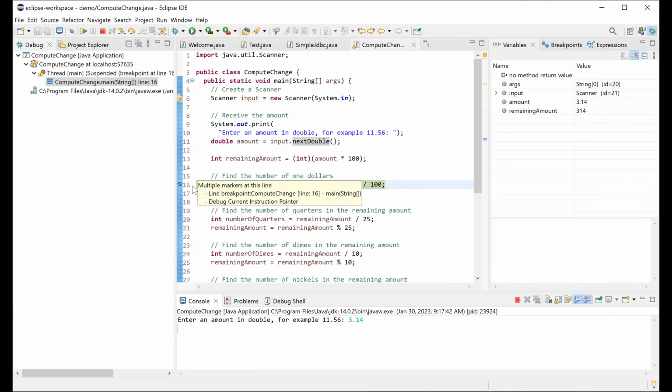All right, so you can see the breakpoint. We set the breakpoint at this line 16. Now the program execution stops right here. So you can see the variable here, amount is now the one you entered, 3.14. And this is the remaining amount. So this is the amount times 100 and data casting. And so now remaining amount is 314, because here is times 100. All right, so I'm going to continue to see what happens